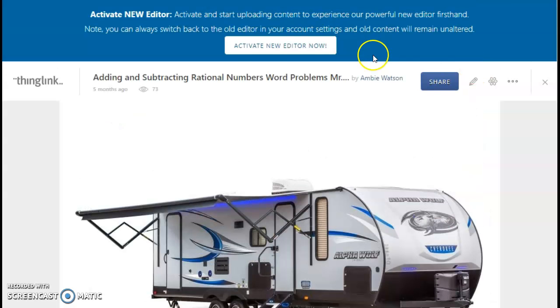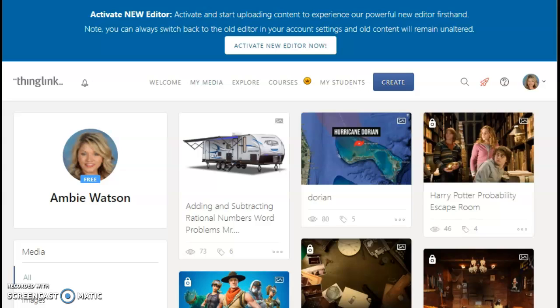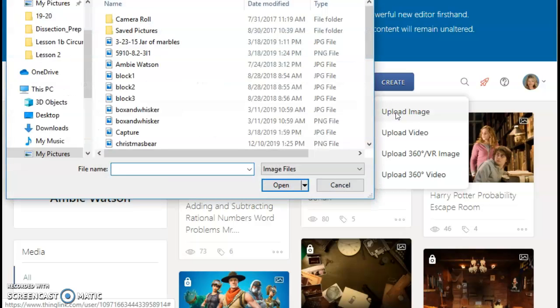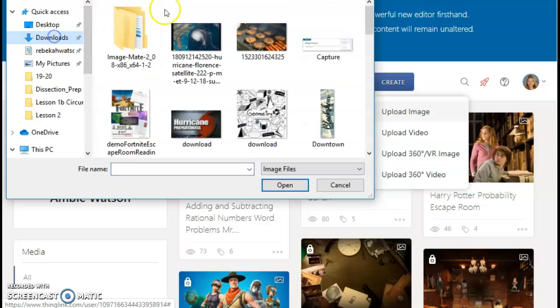For the purpose of this screencast, I'm going to show you how your students or you can create a Thinglink for yourself. So you're going to log in, create your account, and then at the top you see create. You're going to upload an image. Now you need to go ahead and have an image chosen. I have saved one to my downloads